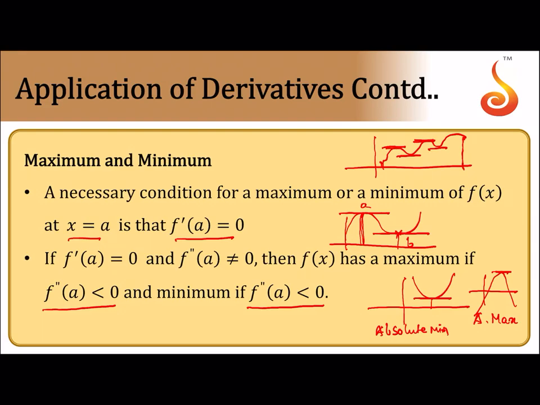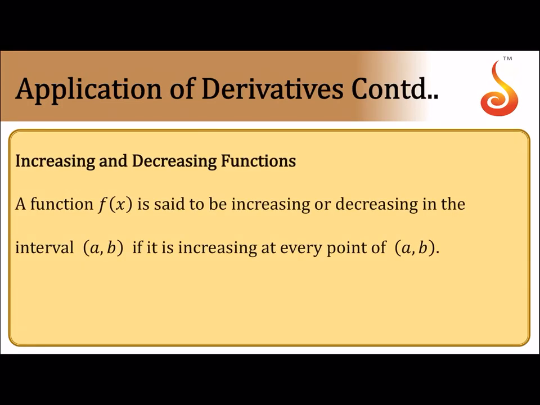Now a very important point. Suppose I draw a graph like this. This can be minimum, this can be maximum. It is not necessary that when an interval is given, you get maxima minima here only. This can be absolute minima, this can be absolute maxima. These are all local maxima, these are all local minima. I repeat once again, this is absolute minima, absolute maxima. These are local maxima, and this is local minima.